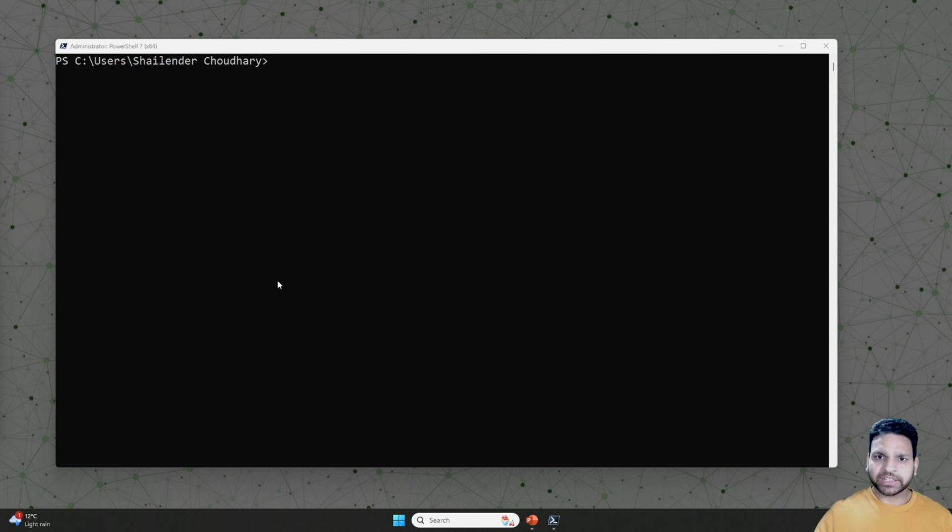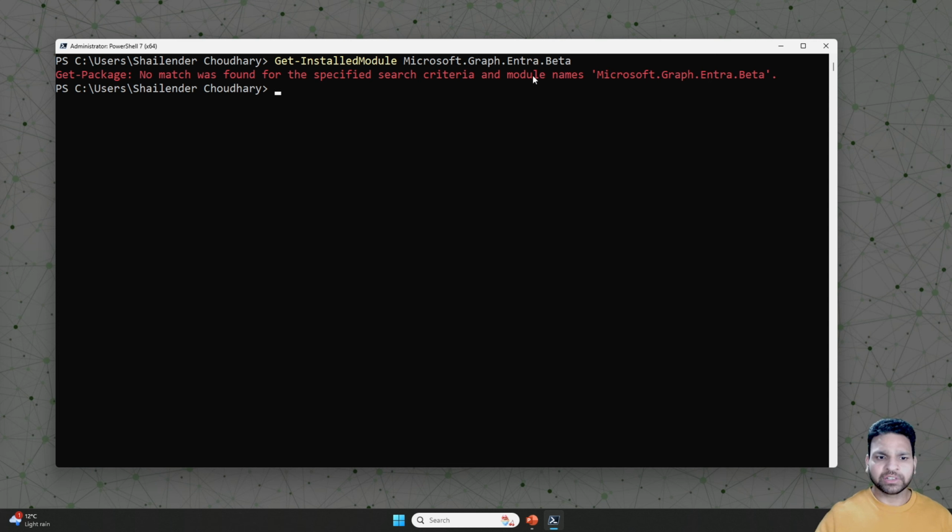So let's first check if Entra PowerShell module is installed or not. So Get-InstalledModule and we are looking for Entra beta. It's not installed. So let's install it now. So Install-Module Microsoft.Graph.Entra beta. It's in preview, so you have to allow the pre-release, and repository is PowerShell gallery, and forcefully it will install